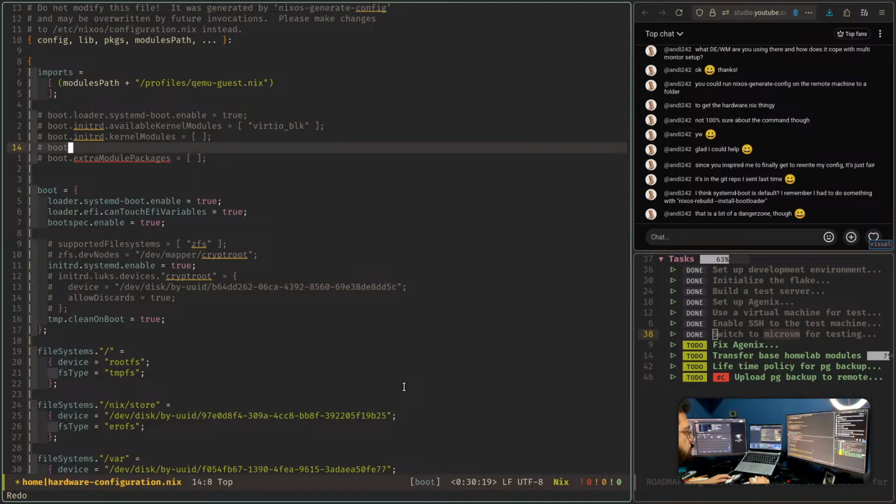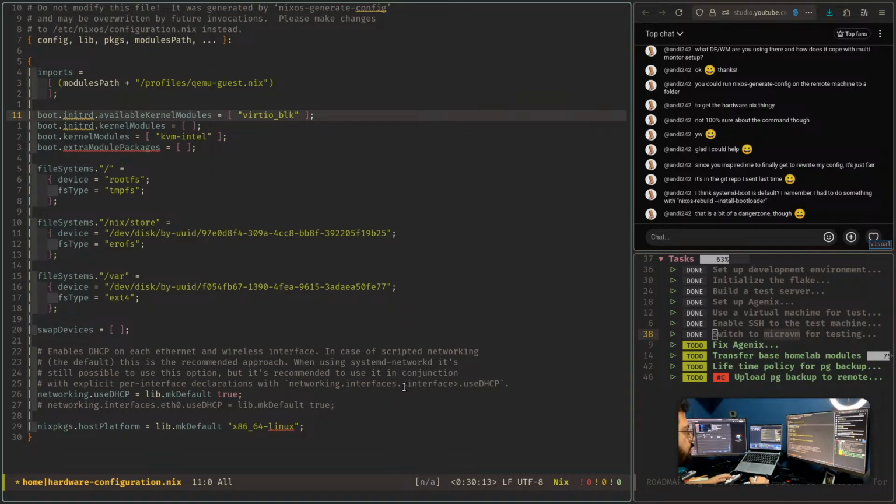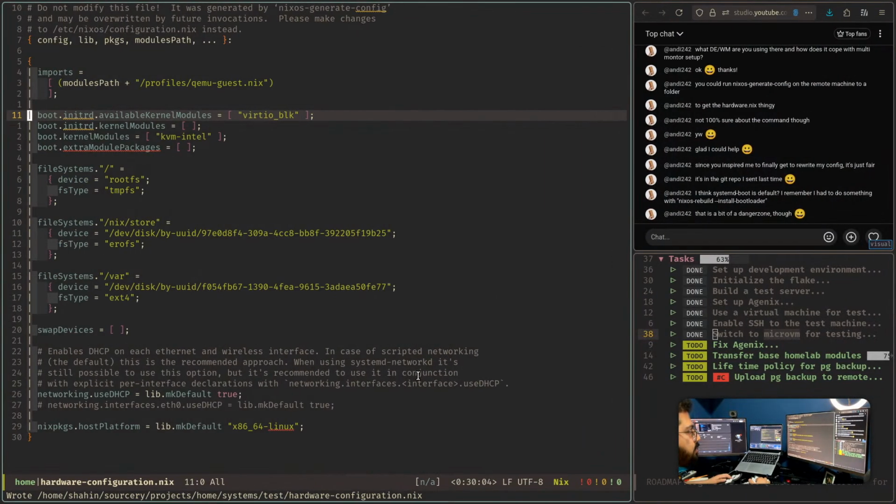Let's remove this because I see there are also drop this, right? And then this is similar to